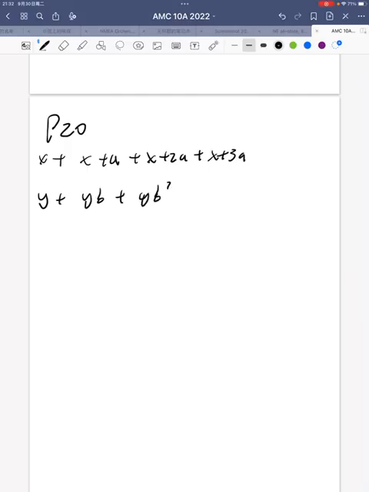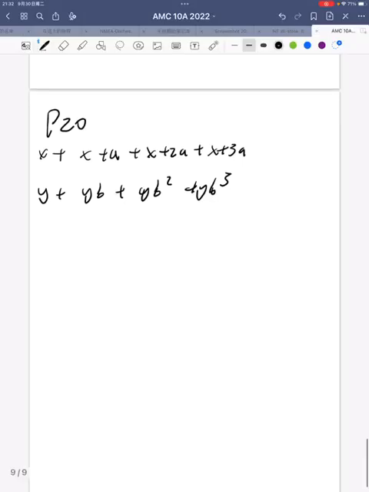Now problem 20. I would say relatively this one is a little bit more straightforward. We have a 4-term arithmetic sequence: x, x plus a, x plus 2a, x plus 3a. That is the arithmetic sequence. And then we have y, yb, yb squared, yb cubed, and that is our geometric sequence. The first 3 terms of the resulting sequence are 57, 60, 91, and now we're trying to find the last